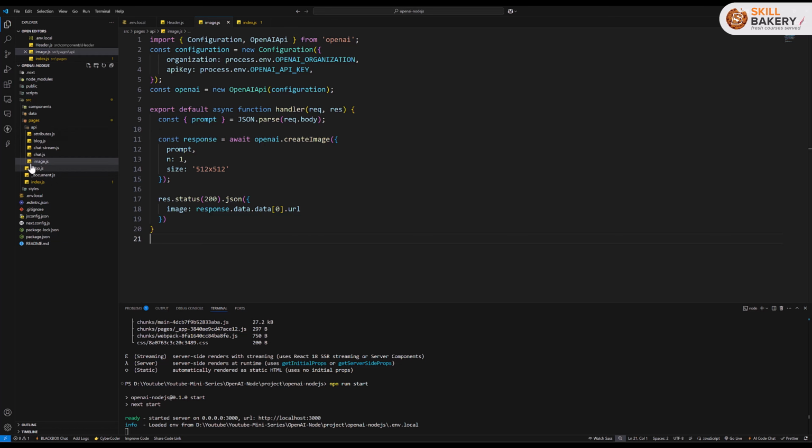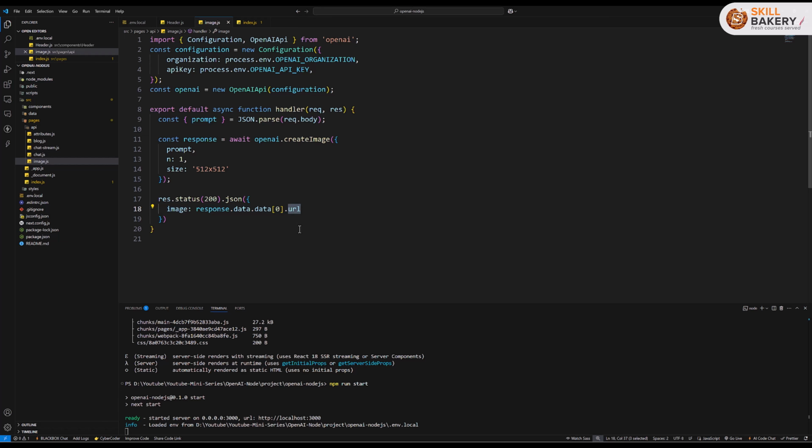So in our API, we have this image.js file. Now inside this, what I've done is I've made use of the request and response that comes along with the handler method. Now using this request.body, I can destructure the prompt that a user has sent over. And using that prompt, I can go ahead and pass that to the OpenAI Create Image method over here. And that way, it's going to generate the desired image. From the results that we are picking the first one and then getting its URL